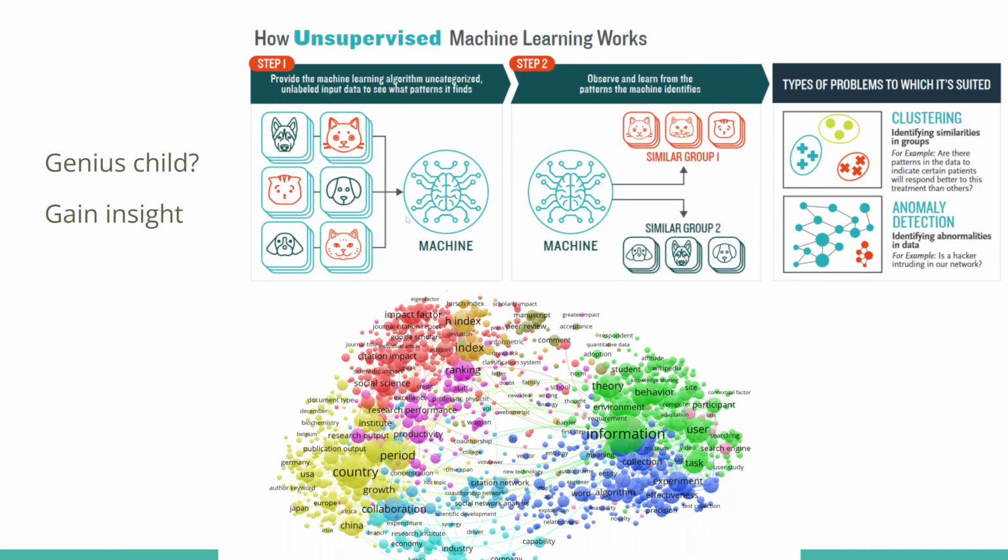So unsupervised learning. It's kind of like a genius child because you just give it data and it gives you results immediately. So it's really nice on that front, and it helps you gain insight on your data. For example, let's say you have photos of cats and dogs and you chuck them at the machine and say figure it out. It won't figure out those are cats and dogs per se, but it will figure out that they are very similar and will group them together. Unsupervised machine learning is great for clustering of like data and doing anomaly detection, because it will figure out this data is all very similar and then this anomalous data is outside the normal bounds.